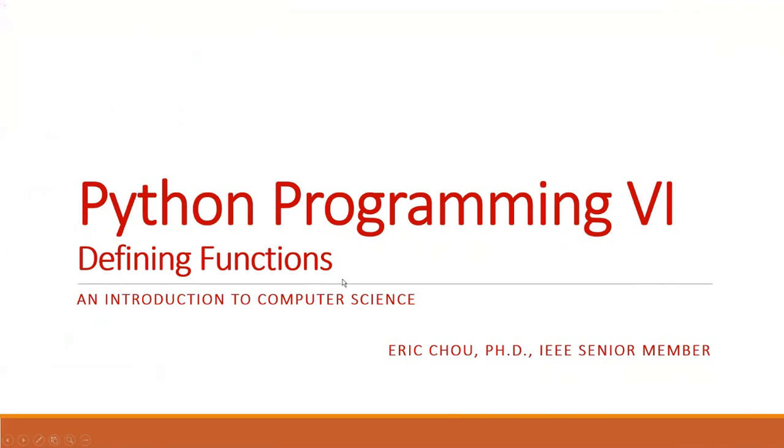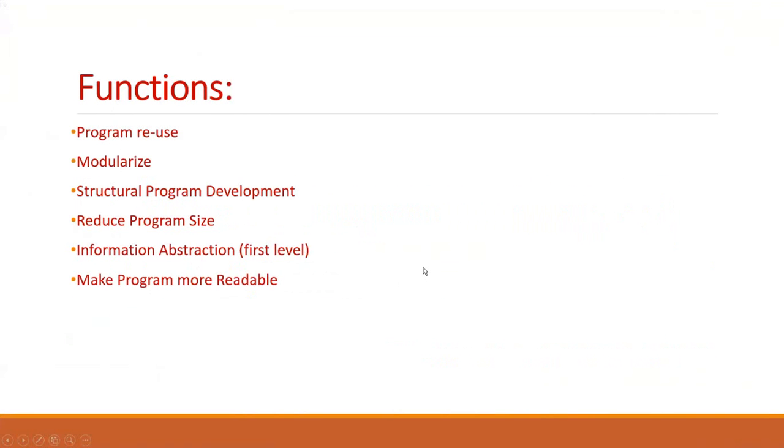Python programming chapter 6, defining function. And in fact, you probably have seen many functions so far. So function is one way to do abstraction. If you go to the AP Computer Science Principles course,